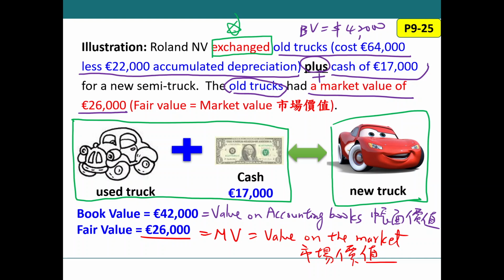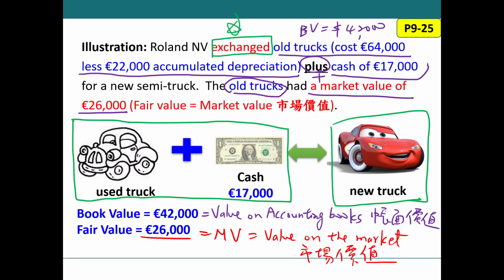If I give you $50, will you give me $60? Impossible. So what does it mean? When we want to do business, only when both sides think the values are the same will you do this kind of transaction. So based on this,